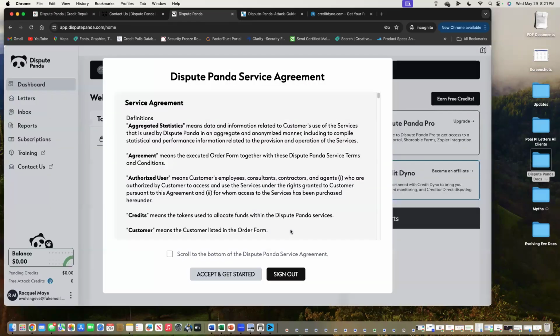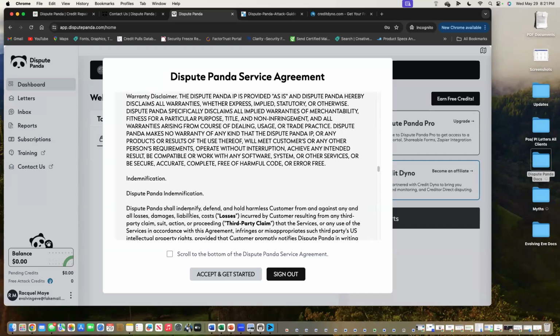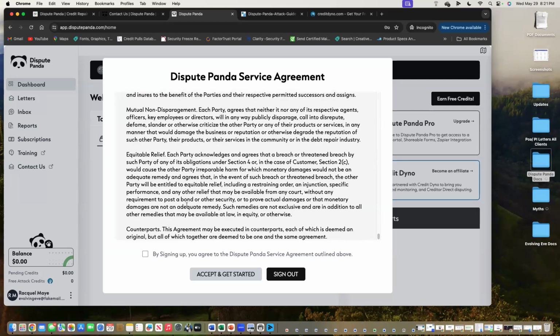And one of the things that I love about Dispute Panda is it is very much for the user. So as a user of the account, the more things that you tell the team, hey, I would like to see this, especially the more people that share it, is the likelihood that it's actually going to be handled, right? And it's going to be put into implementation. Now, it might take a little bit, but one of the updates that they did within 3 to 4 months was giving us the ability to upload and update our scoring as to the increases that our clients have. And I'll show you guys that in a minute.